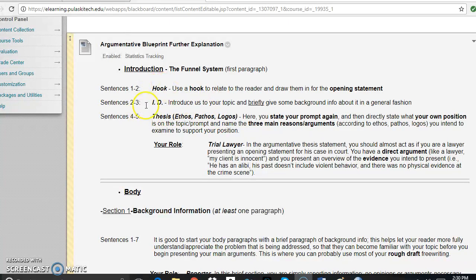So that's the hook. ID is simply, think of it as very similar to the elevator conversation. You just are briefly introducing the topic or identifying your topic and giving some background, and then finally laying down your thesis statement. Now, I want to talk about this because students typically have trouble with this ethos pathos logos,